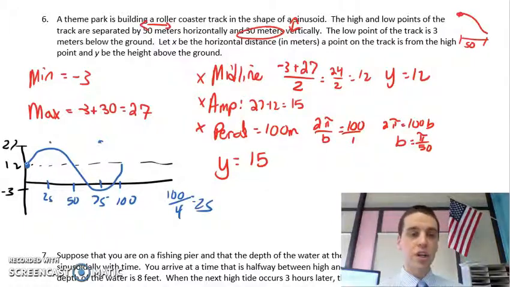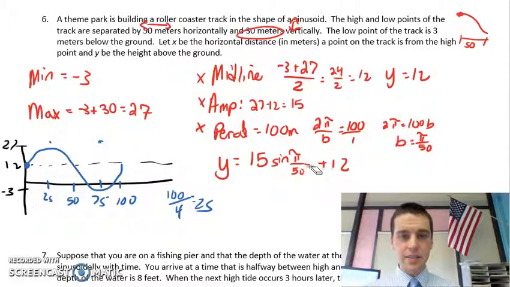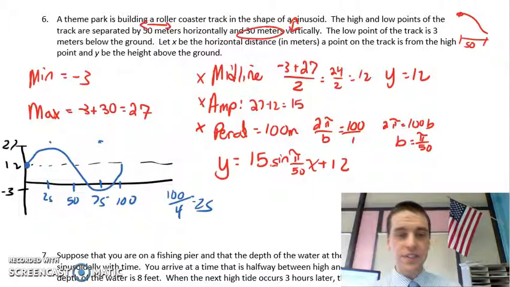And so what we're going to state is 15 sine, because it's a sine curve, we're going to go up first, of b, pi over 50, t, plus the midline, 12. And note that I did make a mistake. It should be x right there, not t. And so there's our equation, 15 sine of pi over 50x plus 12,